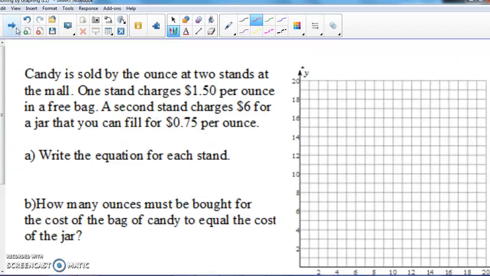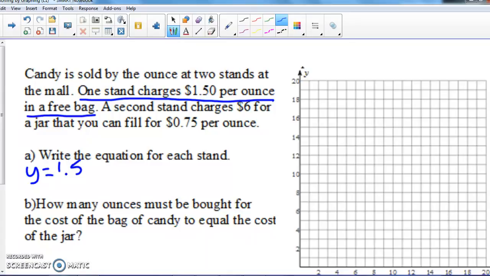Okay, last one. Everyone's favorite, word problems. So we can look at the scenario, but at the end of the day, we need to create two equations to fill the requirements of making a system for this. So my two different scenarios are my two different stands I'm dealing with. So I'm going to look at the first one that says one stand charges $1.50 per ounce in a free bag. So that equation would look like y equals